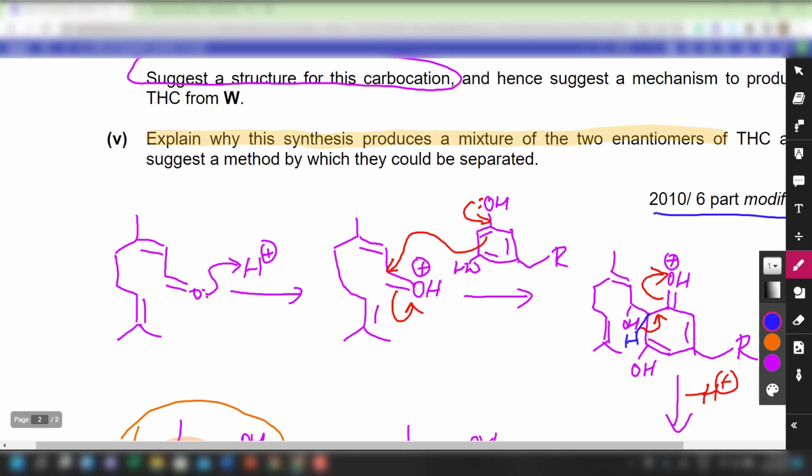You might not have learned this in your current curriculum, but it will be good to know that a good method to separate an enantiomeric pair is by chiral column chromatography. We can also accept other answers, such as fractional crystallization, but again,